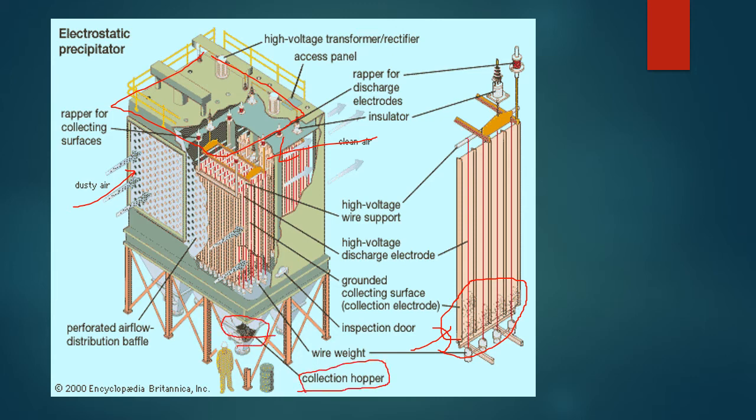Now the main component, the emitting part, is in this portion. From this side air will enter and we maintain a high voltage difference from the upper part to the lower part, and the dust particles will be attracted towards the bottom, settle down and be removed. I am repeating it: dusty air will enter through this path, and the roof will provide the emitting current. This current will make a voltage difference between the up and the down. Now the dust particles are attracted towards the collecting plates. They settle down at the bottom and are removed from the collection hopper.